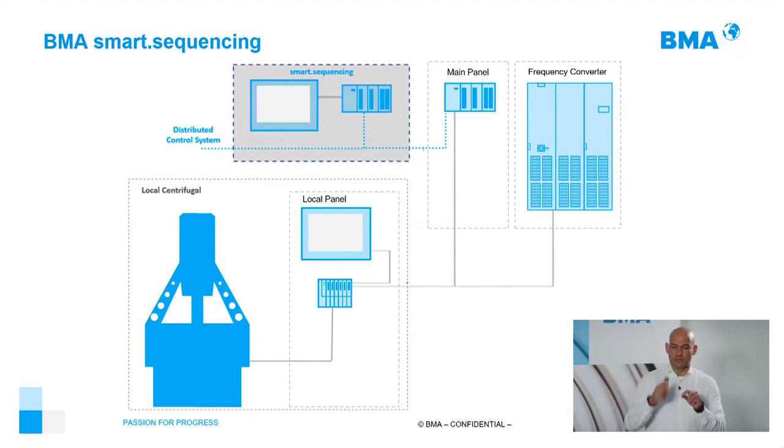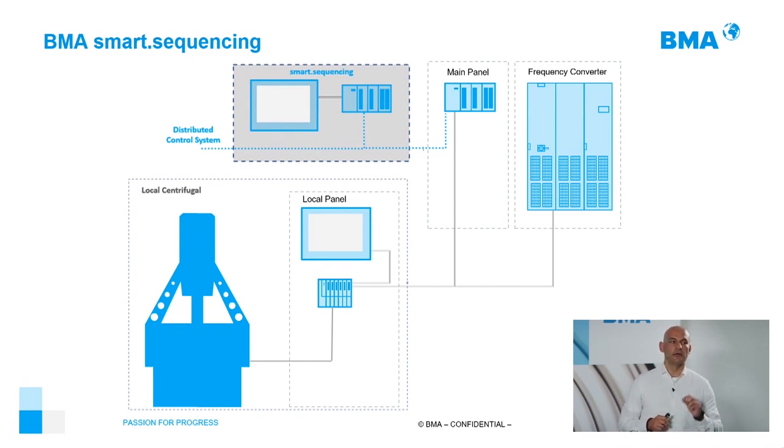We have a small box because the architecture is a little bit like a distributed control system. For that reason, below the local panel we have a box getting all the signals and transmitting them to the main panel